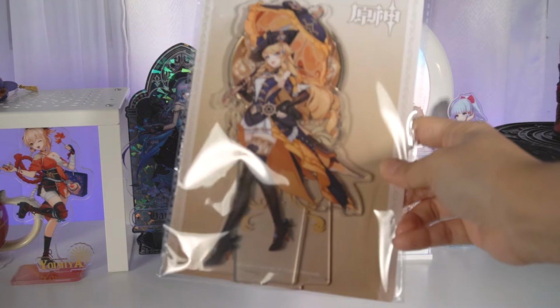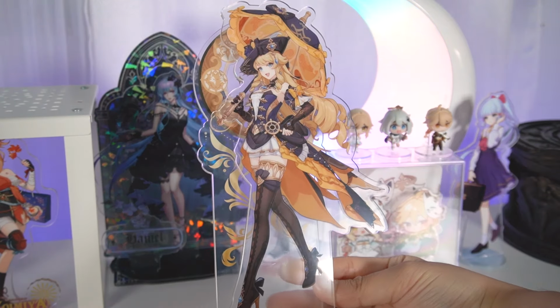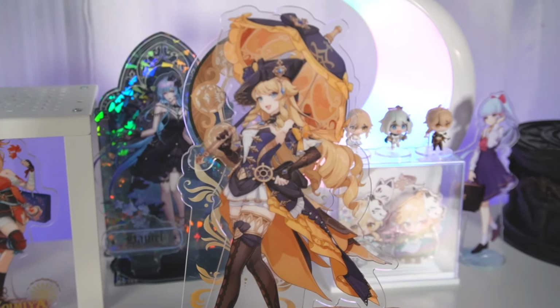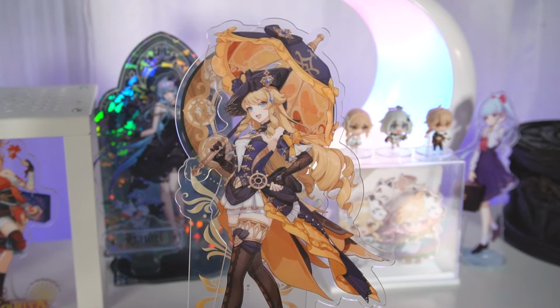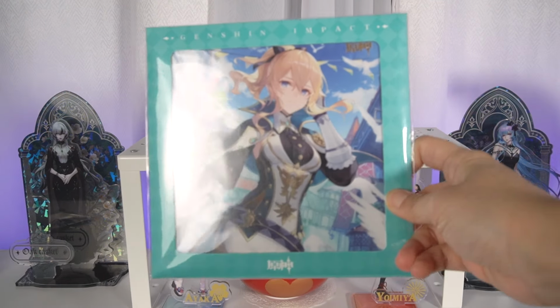As for this acrylic stand, it's just a basic one that all the characters get, and I love Navia's. I literally just got her, I think, when I was shopping, so I picked her up. She is so pretty. Before we move on to the scale figures, we're making a round trip back to Mondstadt